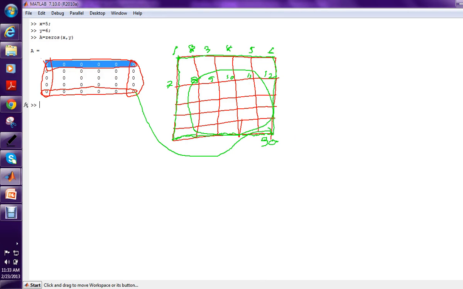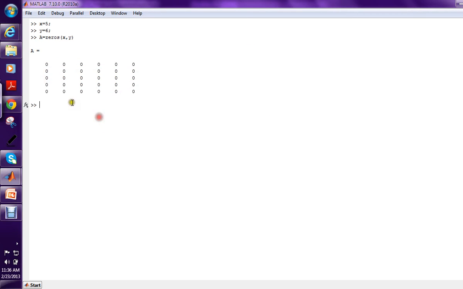Okay, so why do we do that? Because I've already said that if you don't do that, we'll face massive complication. That's why we are interested in doing that. Right. Okay, so how can we do that? It's very easy. For example, we can write down code: for i equal to 1 up to x, for j equal to 1 up to y. Then for every node, say for example